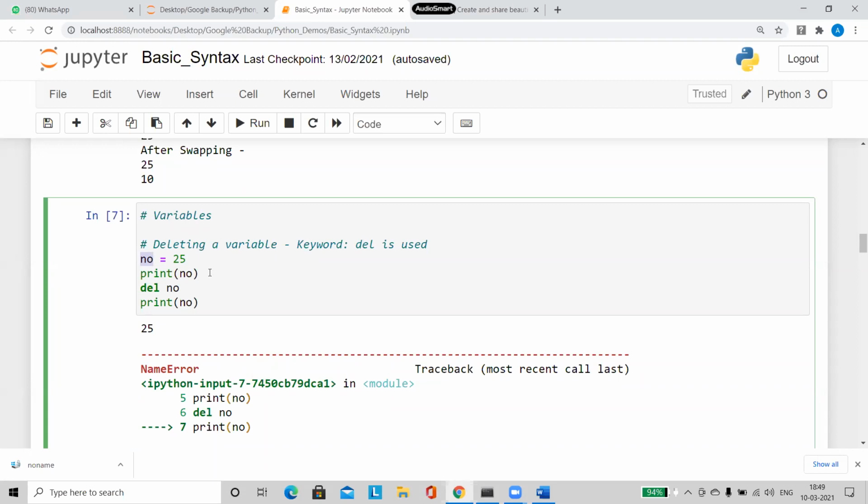No. So what we will do is we will make use of this del keyword and it is used to deallocate the memory. Note my word very carefully. Deallocate the memory. So whatever memory that has been created for this particular variable will be taken back, will be deleted. So after deleting a variable, when you try to print it, it is going to throw you an error.